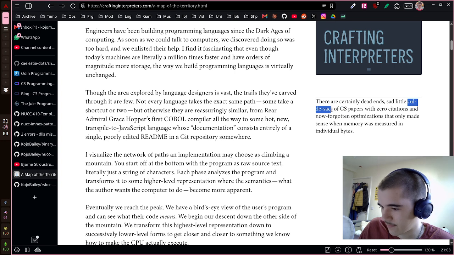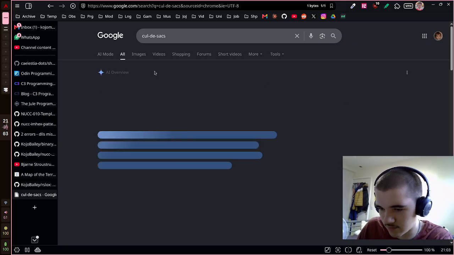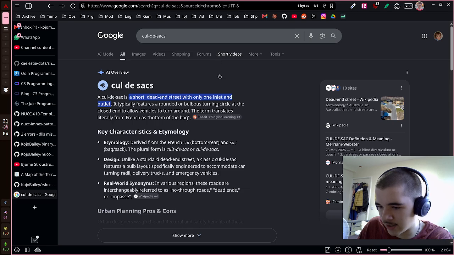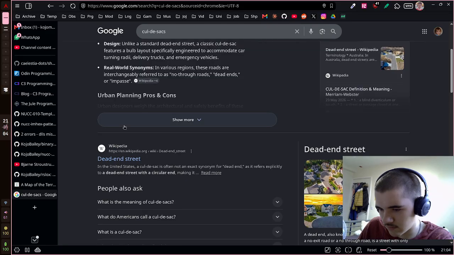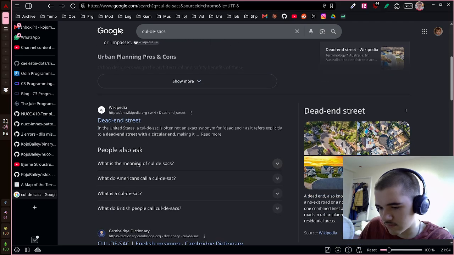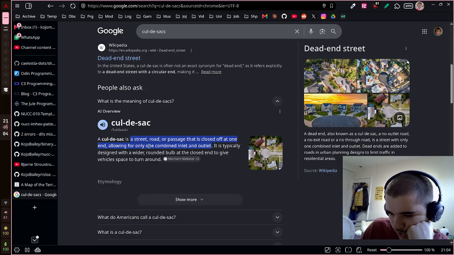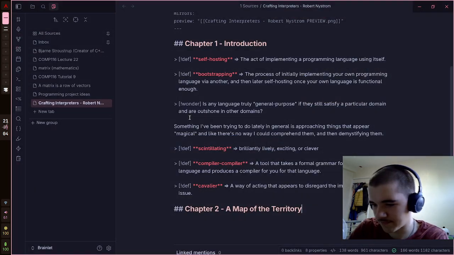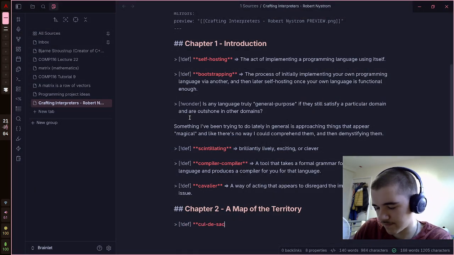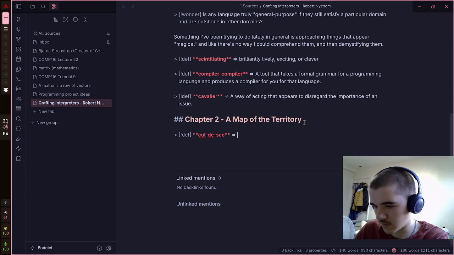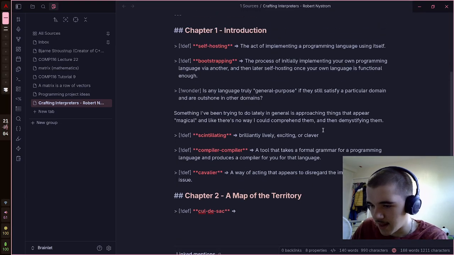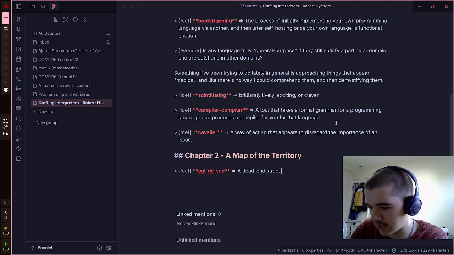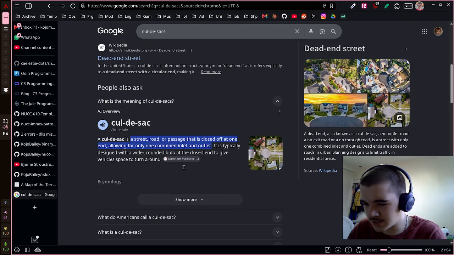What is a cul-de-sac? Short dead end street with only one inlet and outlet. Closed at one end, so it is a dead end. Oh, I see. Yeah, I changed my mind. I'm gonna just put my notes into Obsidian directly. A cul-de-sac is a dead end street with only one way in or out. I don't know why inlet and outlet had to be the words used, but